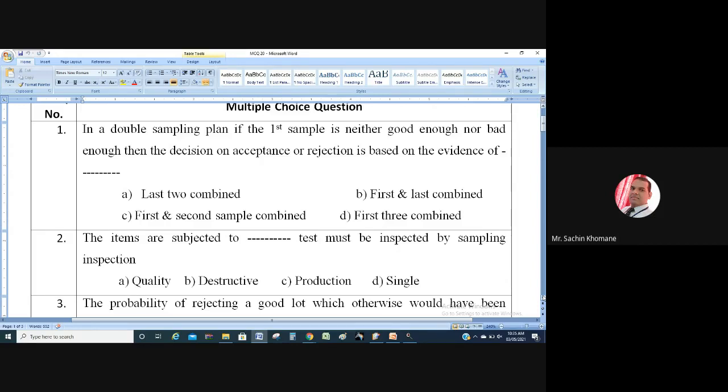Friends, when destructive testing is there, most of the time you cannot destruct all the components. If you have received a 1000 component lot, you can take 5 or 6 and do destructive testing, no problem. If 100% inspection is required, you will destruct all the components. There is no sense in this, right? So the answer is B, destructive testing. Please try to answer simple questions.